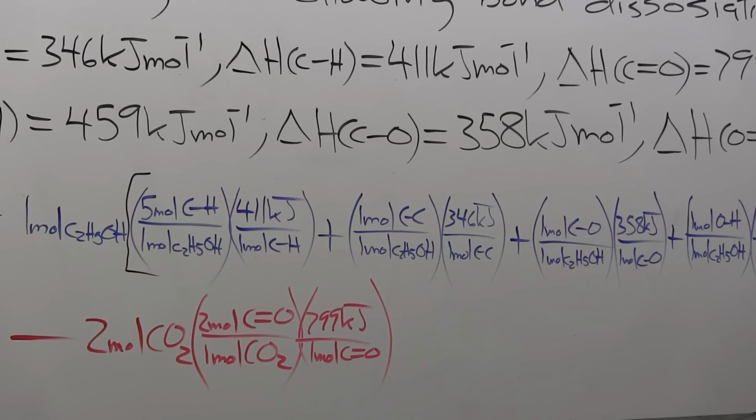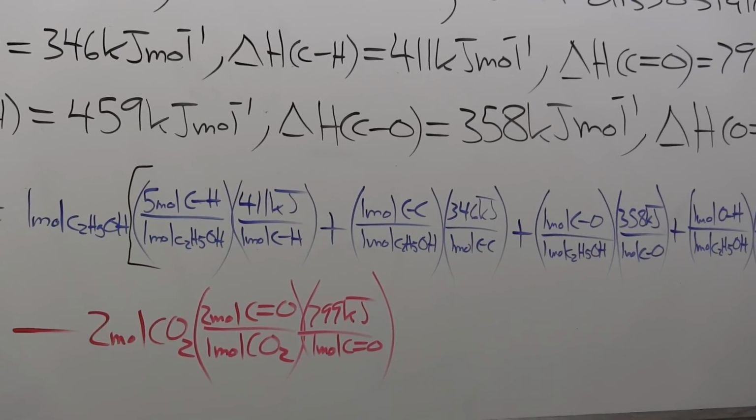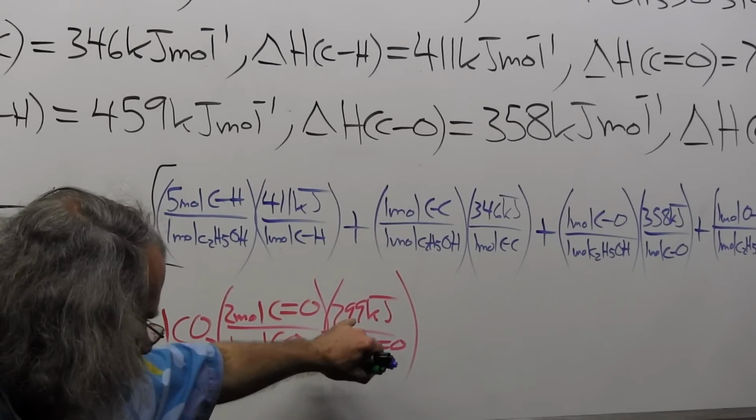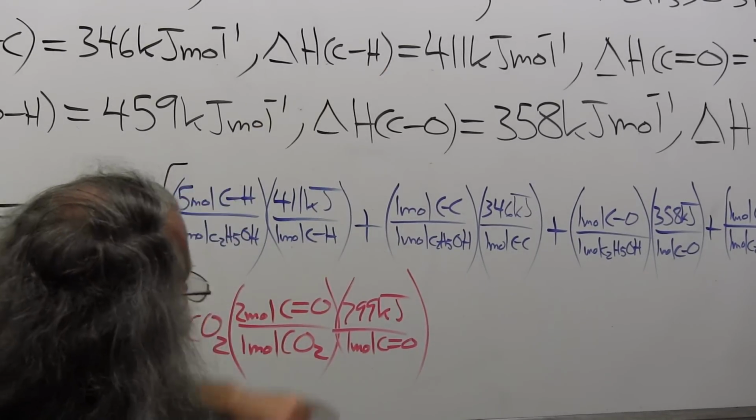That's the dissociation energy. It's different for different carbon oxygen double bonds, but specifically for carbon dioxide, it's 799 kilojoules. So I've taken care of that product,